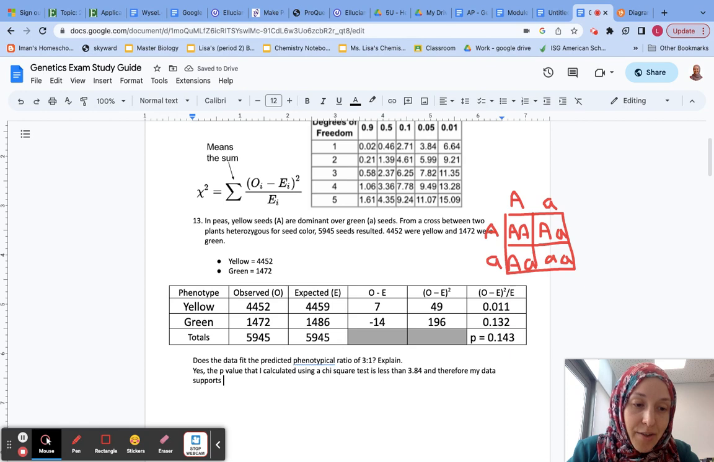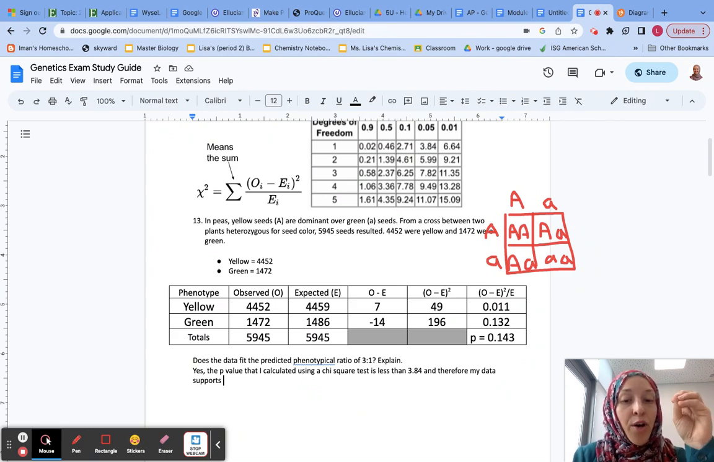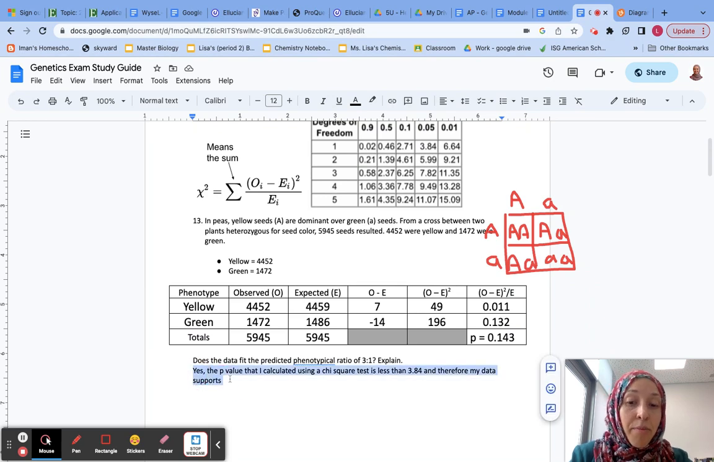I really should have worded this question differently. I should have said, does your data support the null hypothesis of there being no significant difference between the predicted phenotypic ratio and your data? That would have been easier to say: oh yes, I used the chi-square test and my value is less than this, and so the data supports the null hypothesis. However, that's not what the question asked. The question asked, does it fit the predicted phenotypic ratio? So I'm going to say yes,